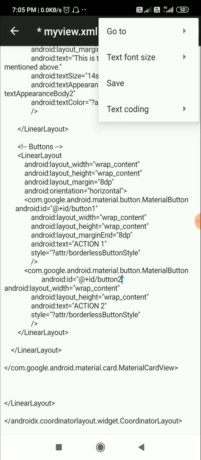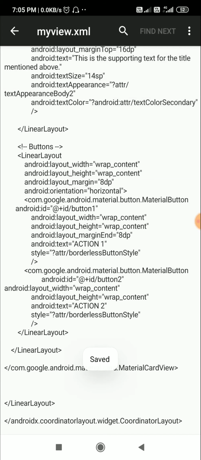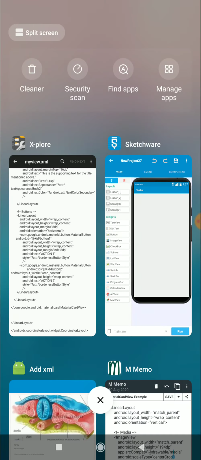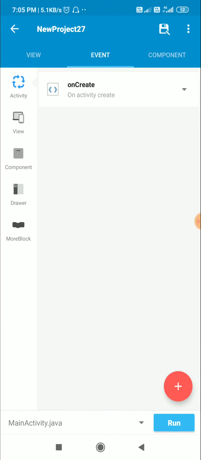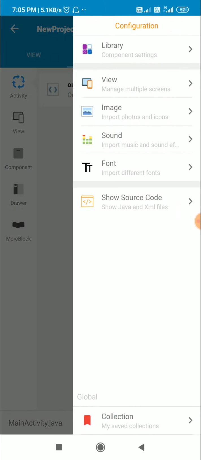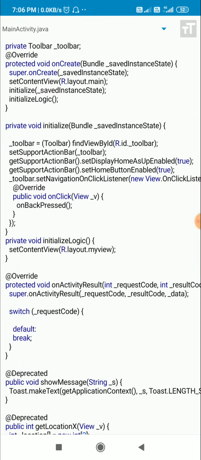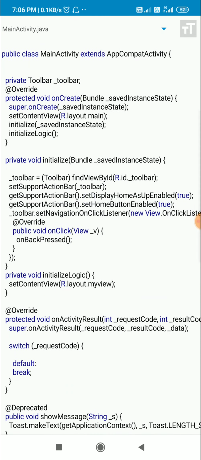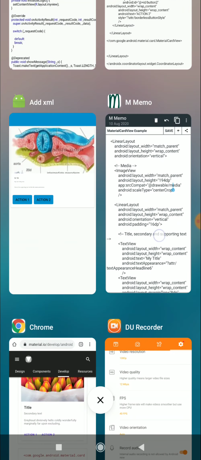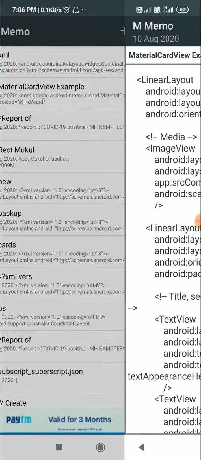Okay, now let's save this, and we need this toolbar here. So for getting the text of toolbar, I'll just go to show source code, and this is the source code of main.xml, and here you can see that it contains some code for toolbar. So I'll just copy this, okay, and paste it here.